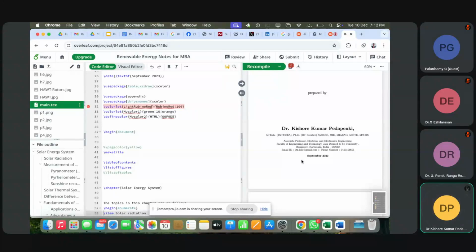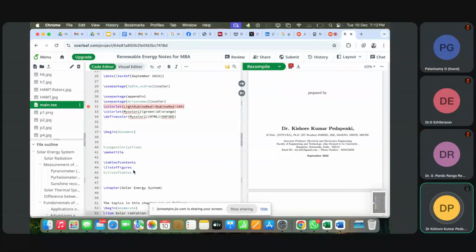But it is very easy in LaTeX with simple table of contents and list of figures. These two are for getting the table of contents and list of figures. Even without these two, numbering will be automatic in LaTeX. For example, I have given a photo, and I have given a second photo. The first photo number will automatically come as figure 1, and the second photo number will automatically come as figure 2.